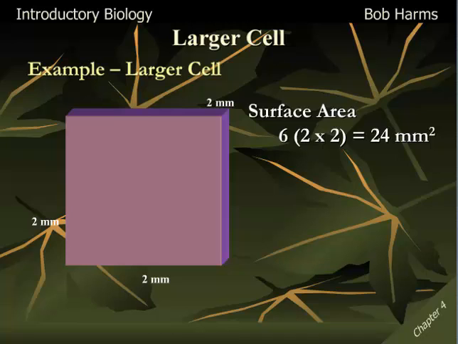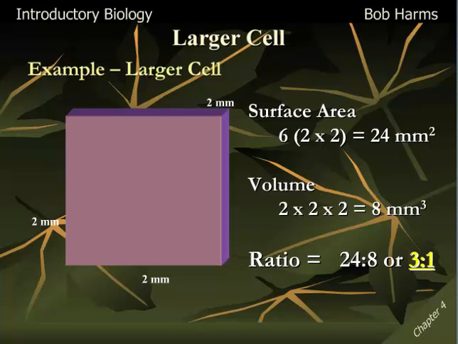Not a big surprise, we've got a bigger cell, we've got more surface area. Likewise, our volume, we'll take our height times our width times our depth, so we're going to get a volume of 8 cubic millimeters. Again, not a surprise, we've got a lot more stuff inside, we've got a lot bigger cell. But notice if we compare our ratio of surface area to volume now, it's 24 to 8,